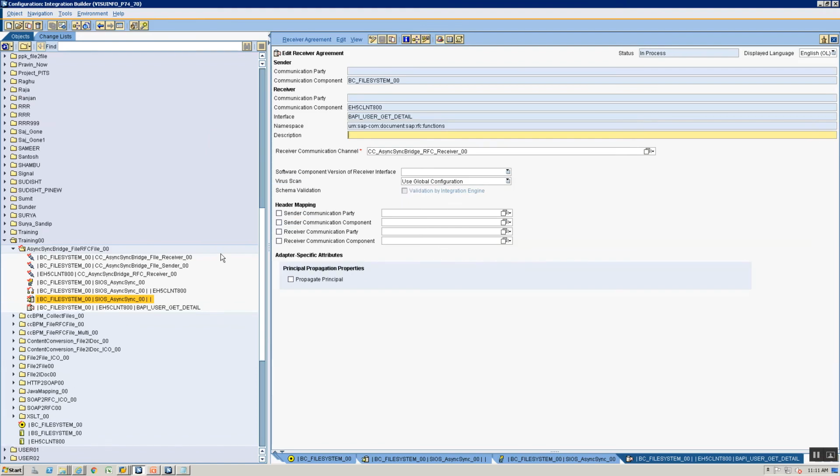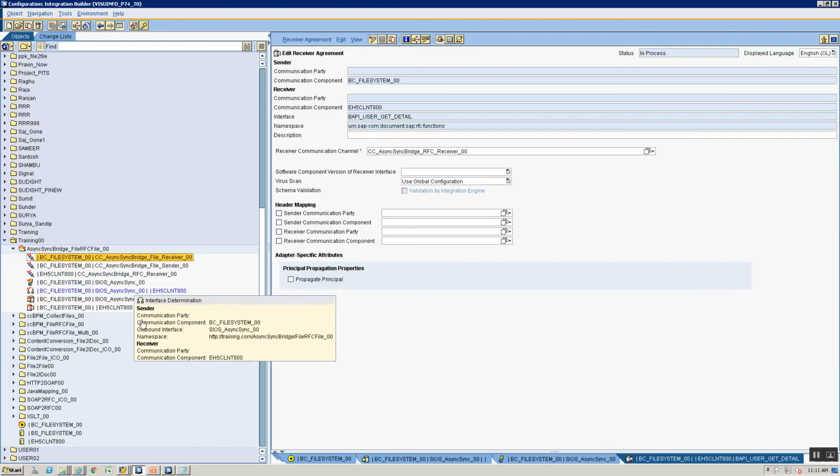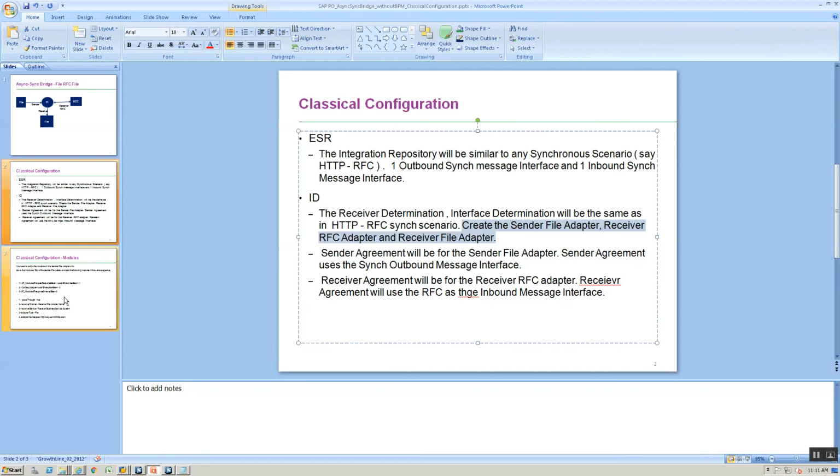Right, so again the integration directory configuration so far is similar to any synchronous scenario that we built, except that in this case we now have a file receiver adapter as an additional. But what's now going to happen? This is not going to work. There are some other additional settings that we need to do, and that is where we go into this concept